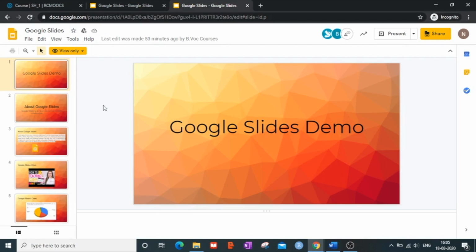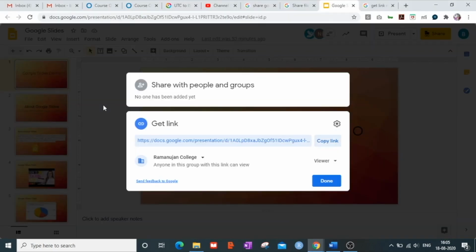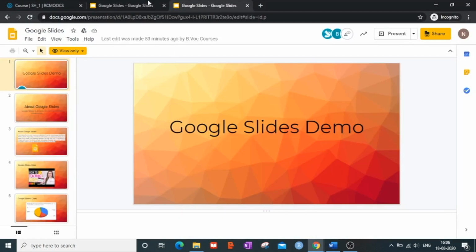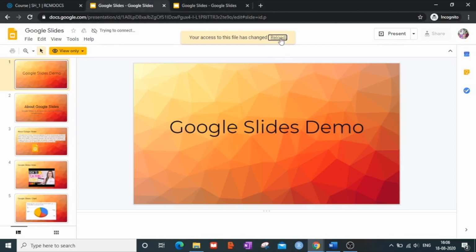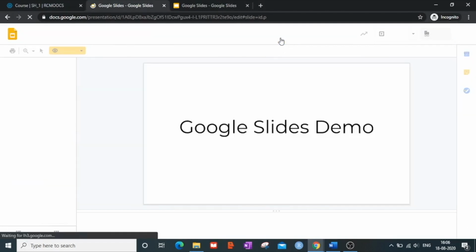Here I would like to remove a small doubt of yours. The thing is that I have two organization G Suite accounts. One is from where I have created this presentation and I am the owner, and from this I have given access to all those people who are using the Ramanujan College G Suite account. When I try to open this link using my general IDs or general emails link,